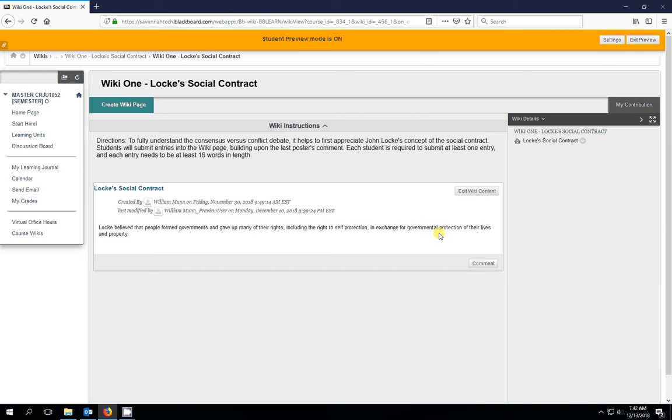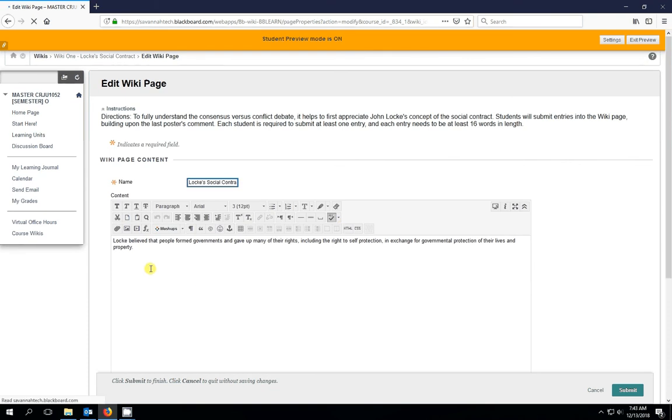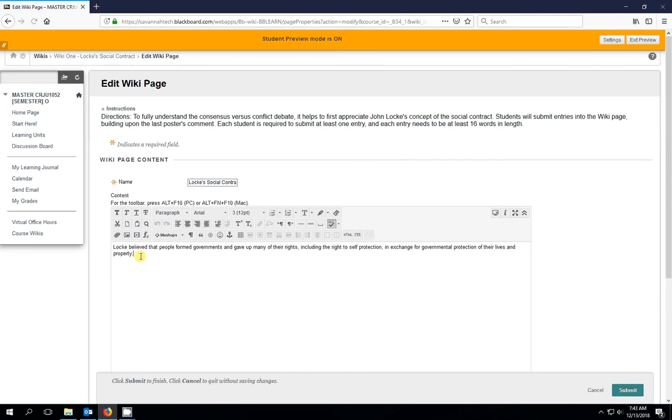So once I'm ready to give my information, I'll go ahead and click on the Edit Wiki Content. Don't click on the comment, because that'll put you down here, and no one will be able to read what you've said. So you're going to want to hit Edit Wiki Content. And now a dialog box opens up, and there's our sentence displayed to us again that gets us rolling. And like I said, we just want to tell this story, one or two lines at a time, and we just need to make sure we get at least 16 words in our statement. So building upon the former comment, I might write something like,